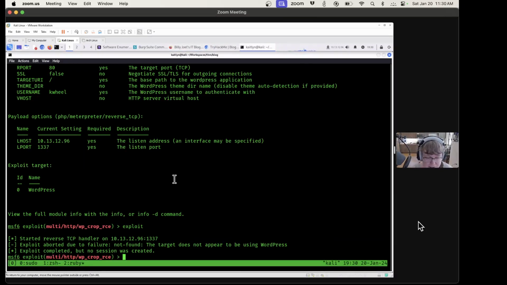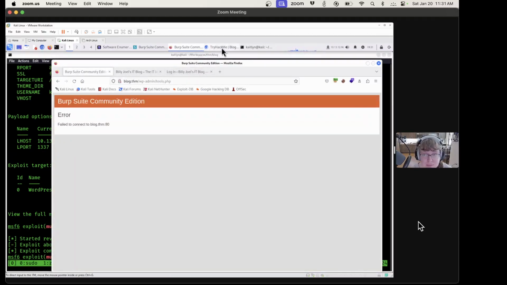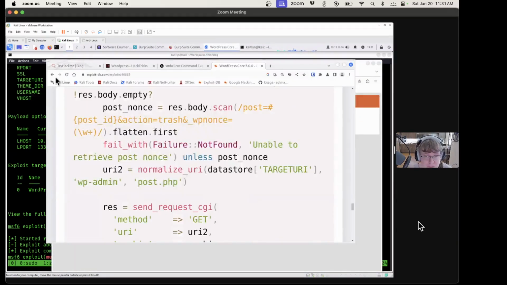It does not appear to be running WordPress. Why? All right, well, let's use another. There's other versions of this exploit. So we go to the exploit DB. Once again, we look for